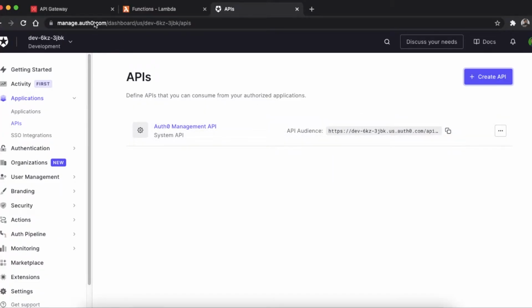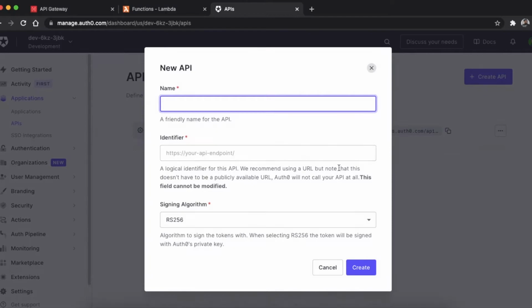So the first thing we need to do is log in to this Auth0 tenant dashboard and register the API. For that you need to go to Applications, APIs, and then select Create API. Here we can give some name.